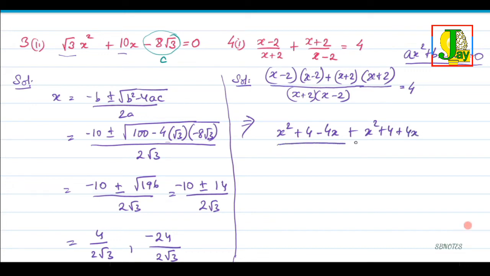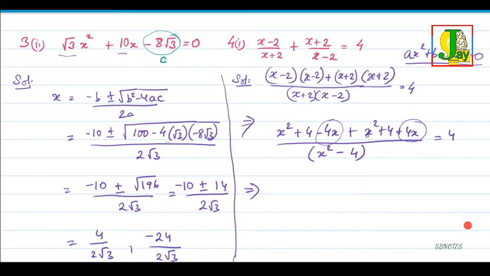Okay, whole thing divided by, now here you have to multiply x plus 2 into x minus 2, a plus b into a minus b, so that's a square minus b square, x square minus 4, 2 square is 4. Now you can cross multiply with that 4, so what you get,